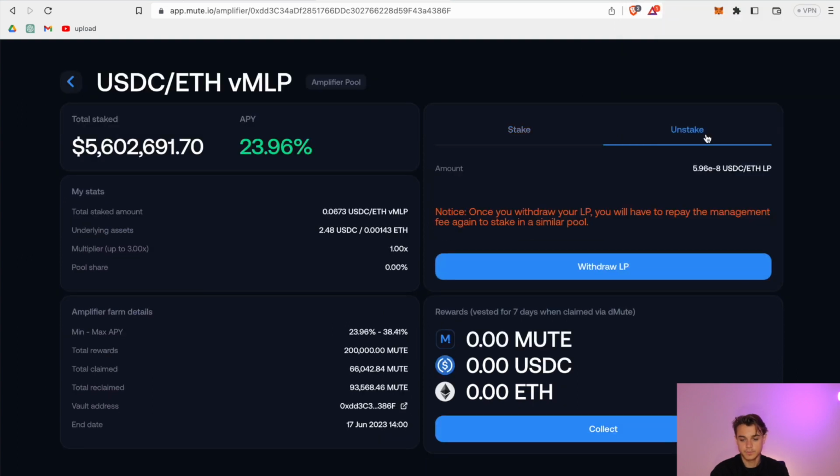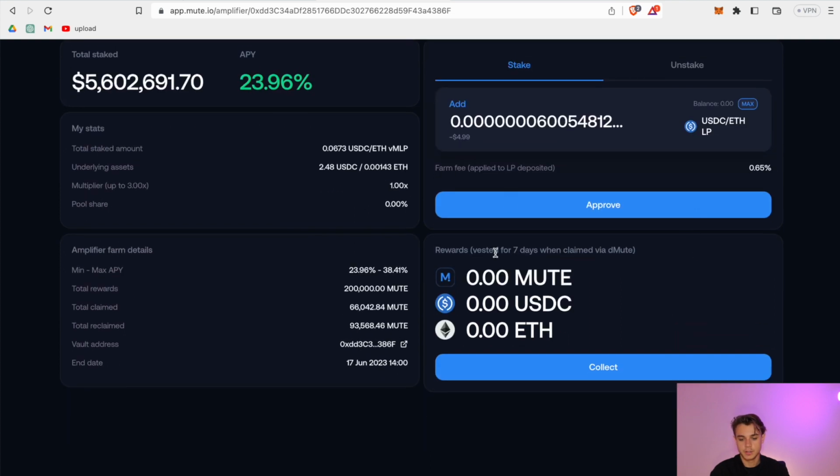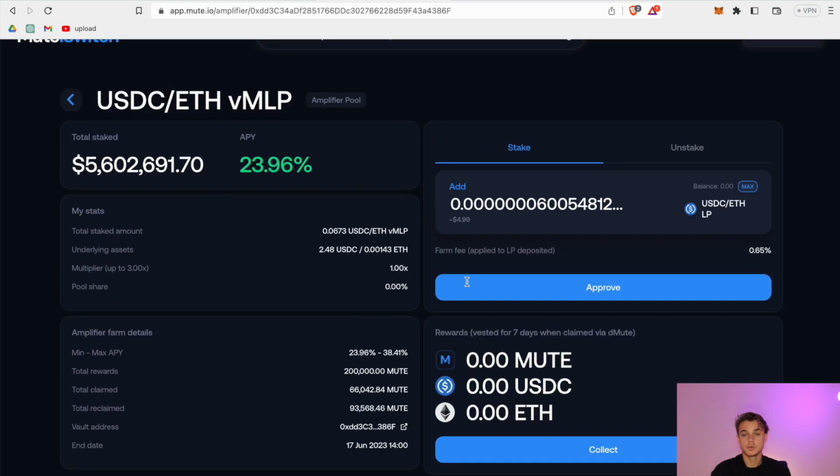And now we can see that if we click Unstake, there's a certain amount of this token here that we could unstake. We could also stake more if we wanted to. We can see we've got this rewards down here. Now, the longer we keep this here, we will start to see these rewards increase over time. We're going to obviously earn USDC between USDC and ETH, but then we're also going to be earning this Mute